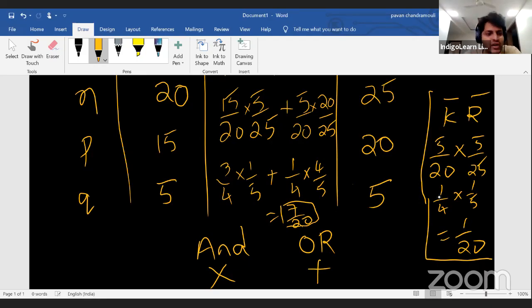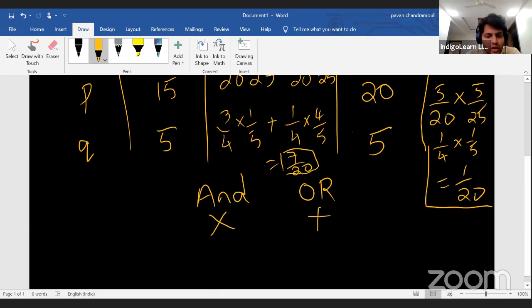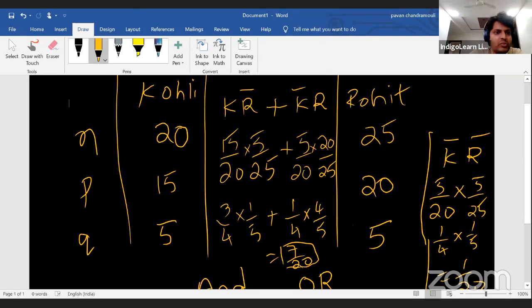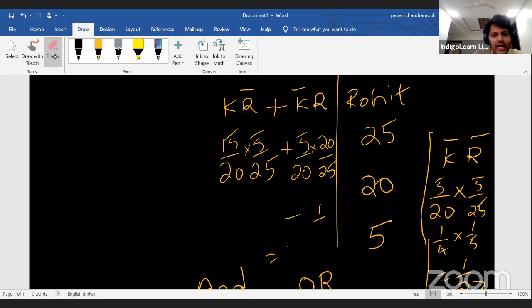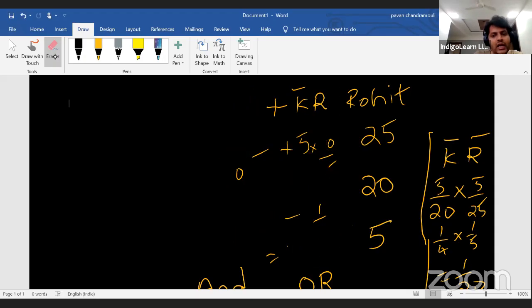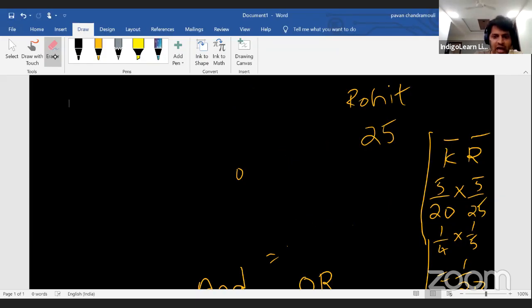This will be very useful even when you're doing combinations, where you have to select committees, where you have multiple cases with you, correct? Right? So these are some of the concepts that you should be aware of when you are trying to learn probability, guys. Please remember, guys, in probability, you also have something called Venn diagrams. So basically we learn probabilities using Venn diagrams also, right? And you also have in probability something related to statistics called expected value. So that we'll discuss in detail at a later point of time.